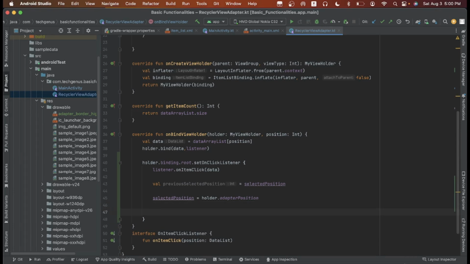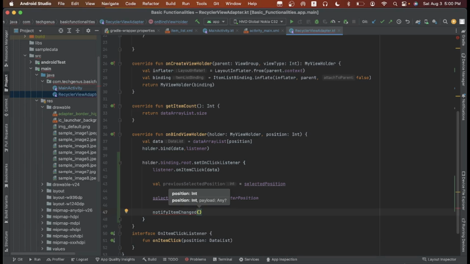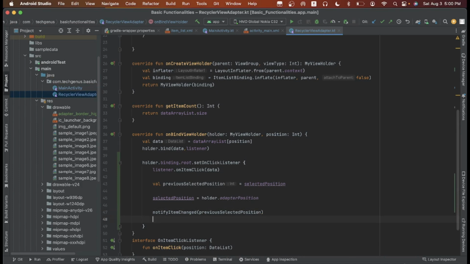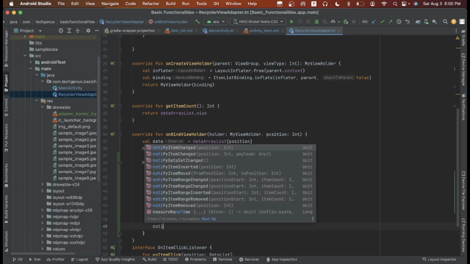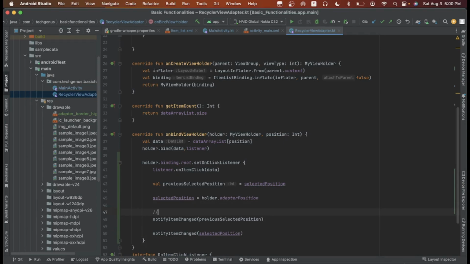Then let's declare notifyItemChanged with our previous selected position, then notifyItemChanged again with the selected position. This will first notify the previous item, then notify the current item.